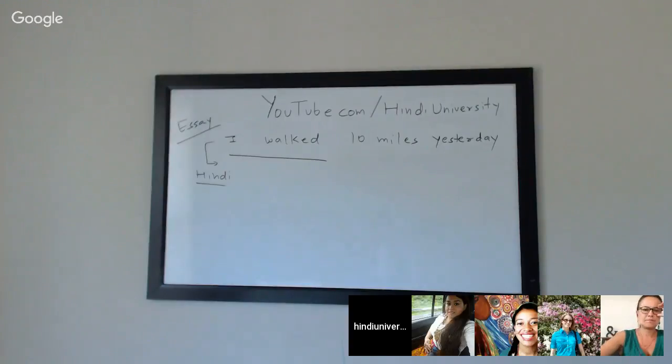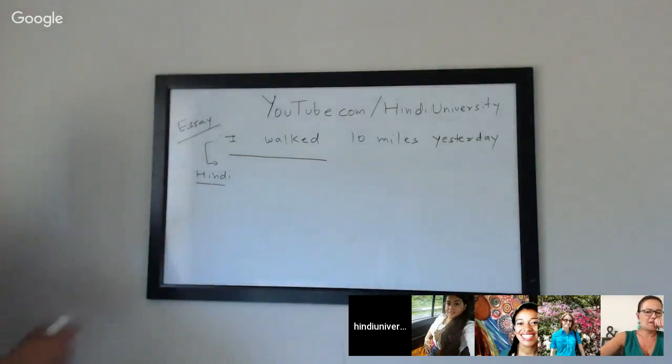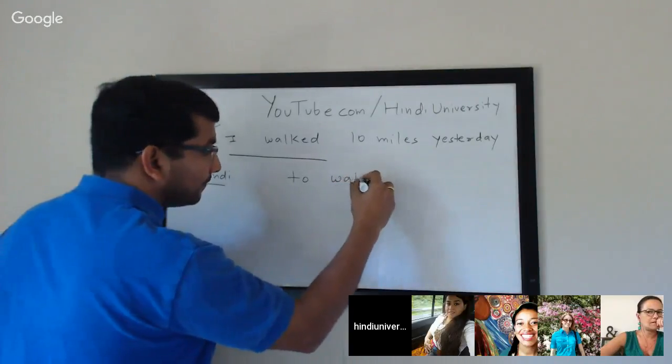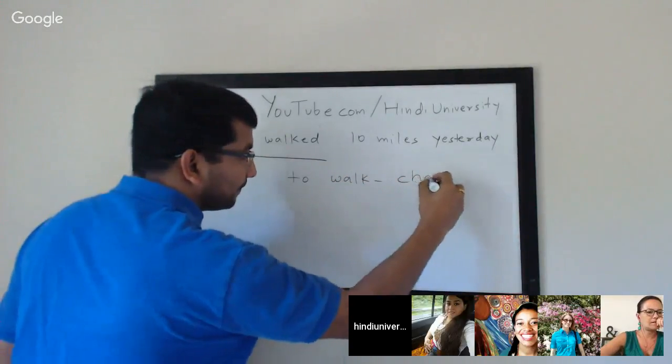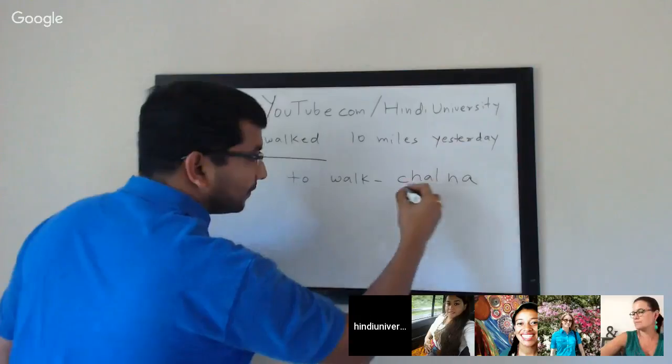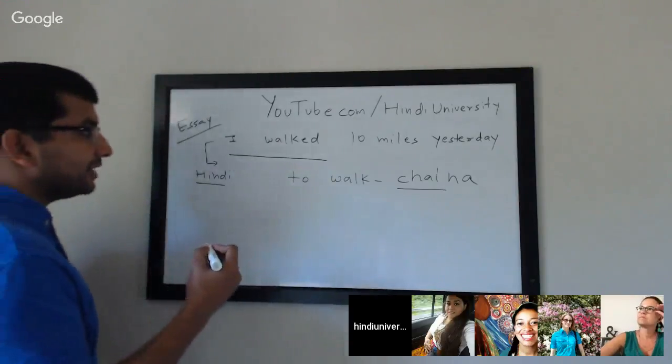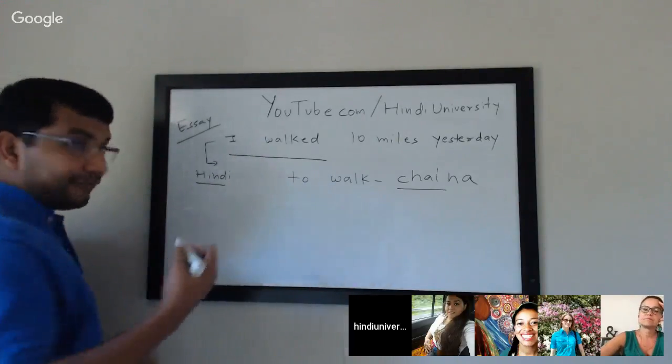Okay. Gilan, you're saying it for yourself. So you use the verb conjugation accordingly. Very good. So as you know, to walk is chalna, and you will be using the base form. Okay, very good. So as Chelsea and Jenny pointed out, if I'm saying it for myself, it will be